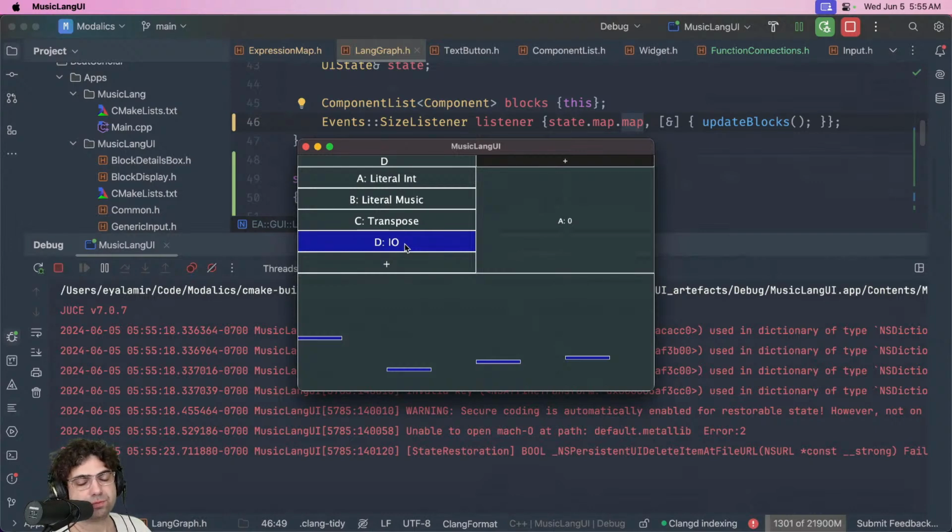I'll have to think, because there's some code here that works in a very generic way. Like, for example, this code, literal music, whatever, transpose. All those connections don't really know about this thing being a special case.